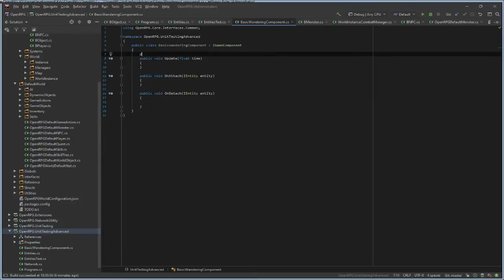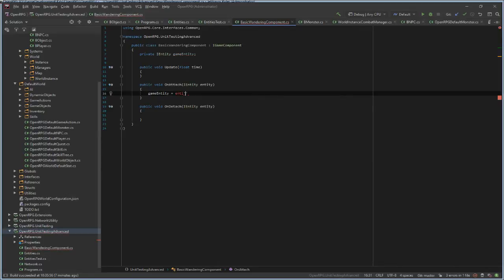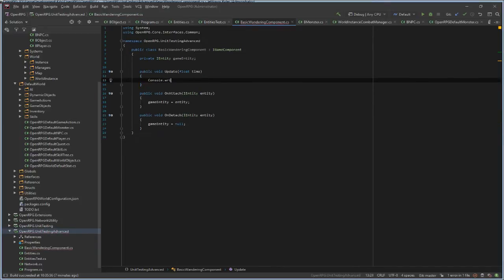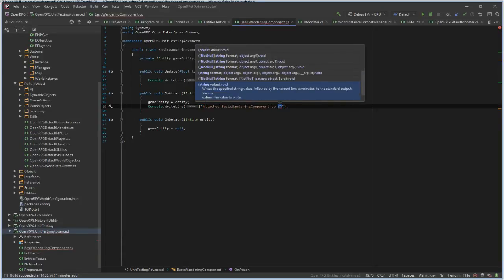We just set private entity game entity equals null. Console.WriteLine updating basic wandering component. Console.WriteLine attached basic wandering component to entity.